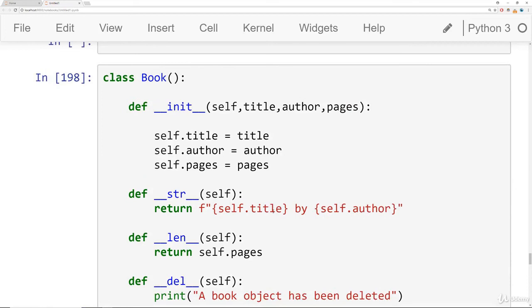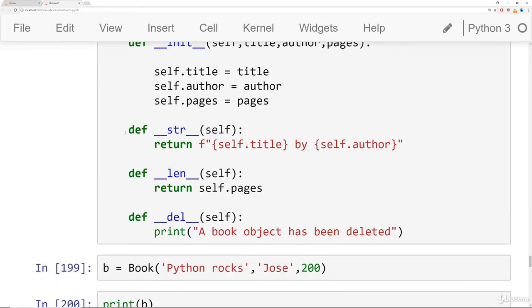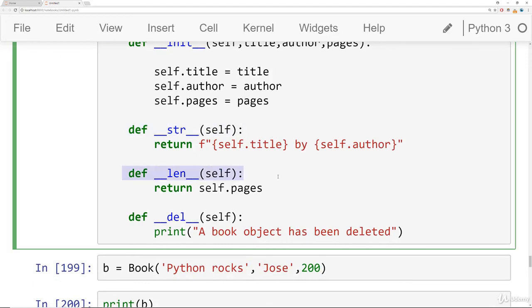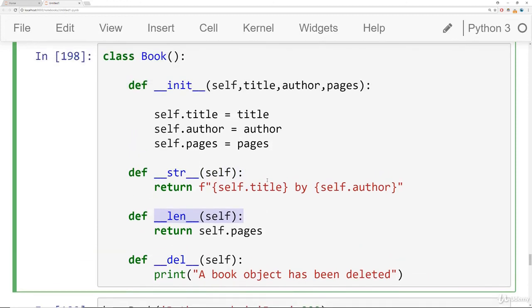All right, those are the main special methods that you're going to be using as you're just starting off with Python. You can check the documentation for many more dunder or special or magic methods, but really these are the main ones you're going to be using, especially str and len. So again, str returns the actual string representation, so you can print out user-defined objects. Len returns the length, so you can return the length of user-defined objects. And that ends our discussion on